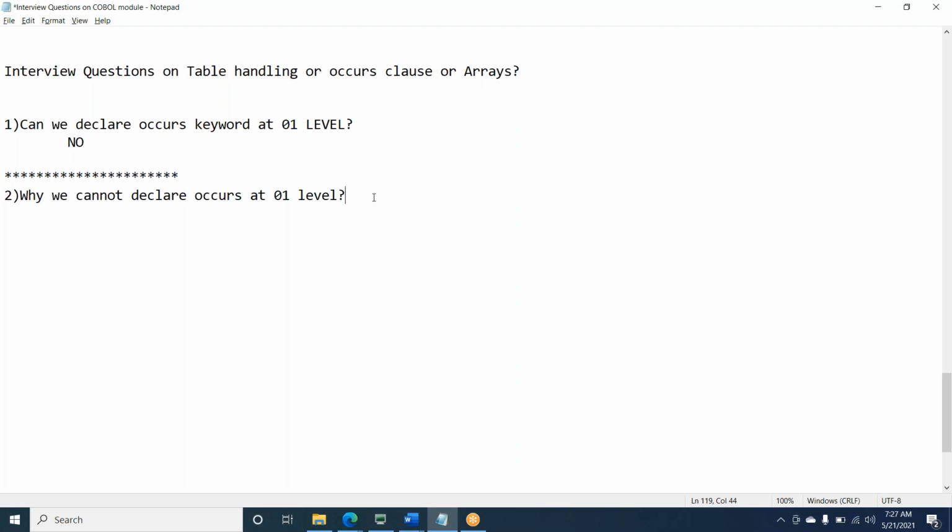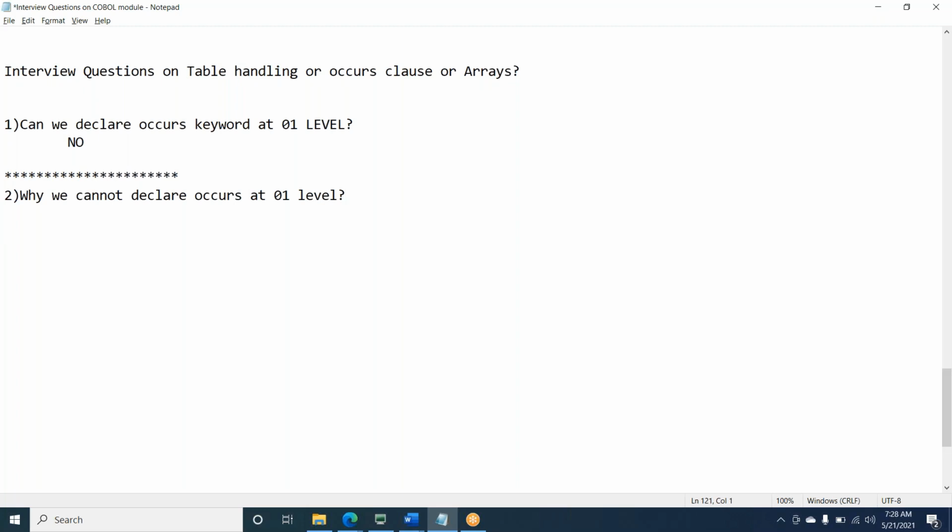So I can declare 01 TABLES, STUDENT-NUMBER OCCURS clause keyword. Yeah, it is invalid by the way, but I'm just giving the cross question to you. So the points we are trying to say, it might be valid or it may not be valid, you explore it.